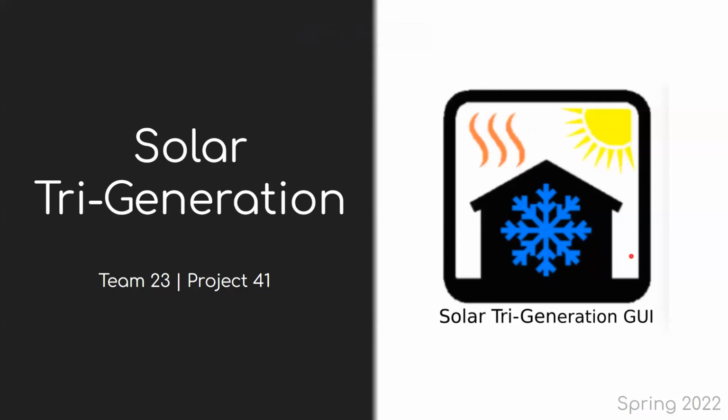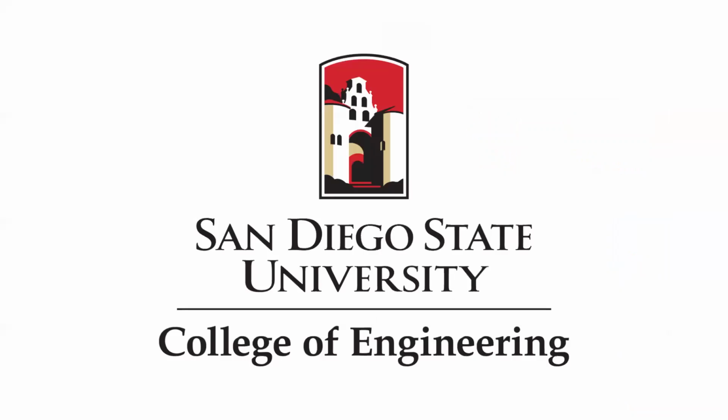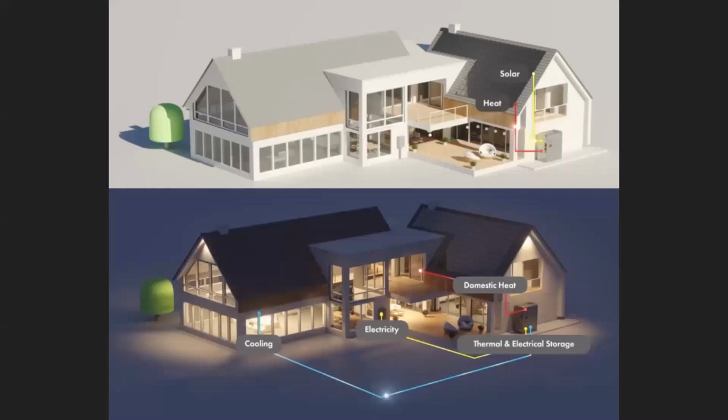Solar trigeneration is an electrical and computer engineering project at San Diego State University. This project stems from an issue our sponsor, Enersion, has. Enersion is a clean energy startup with a system called trigeneration, where they provide cooling, heating, and electricity to a